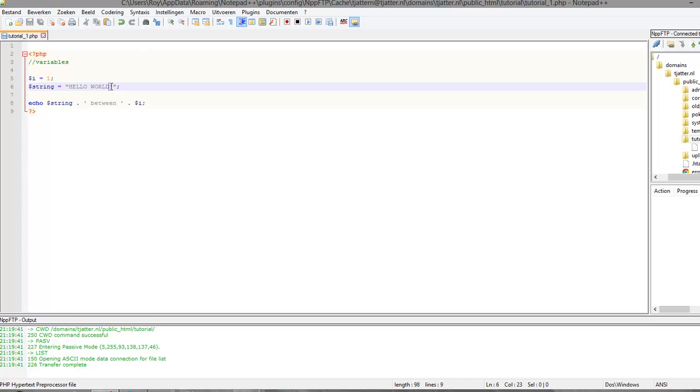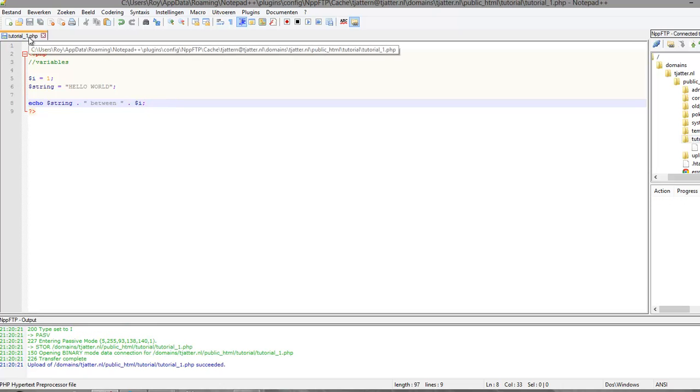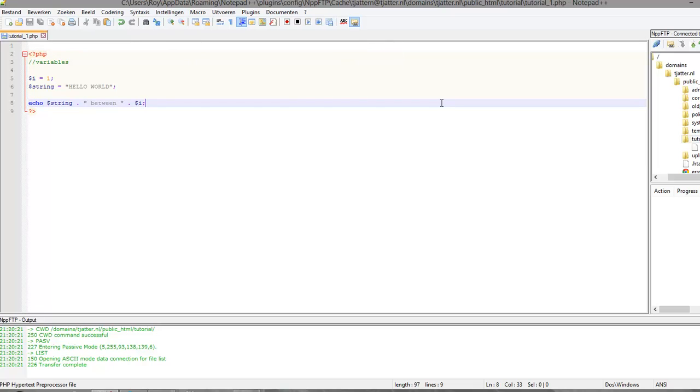So you also can use double quotes. I think they are just called quotes, I don't know. But anyway, something like this, and this was my tutorial for today, and I will make more tutorials, but just so that you guys know, next time I want to talk about including pages. So now we have made one page, but I want to make another page, and I want it executed in another page. So when you don't know what I mean, just watch my next tutorial, because that will declare something